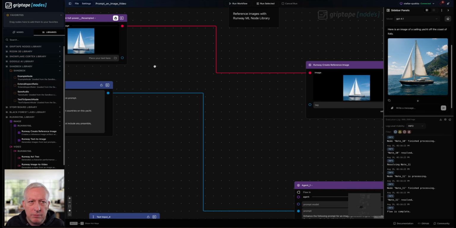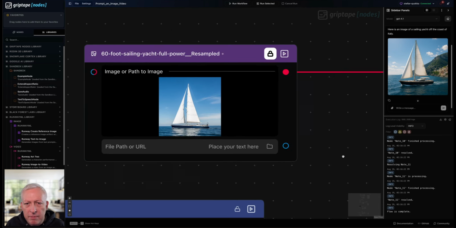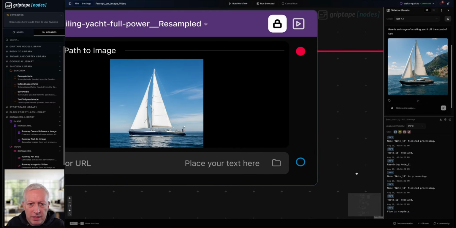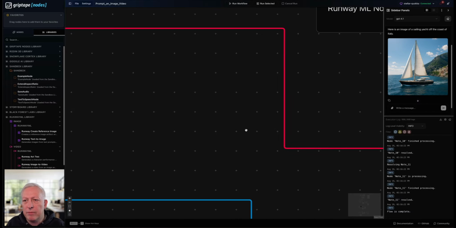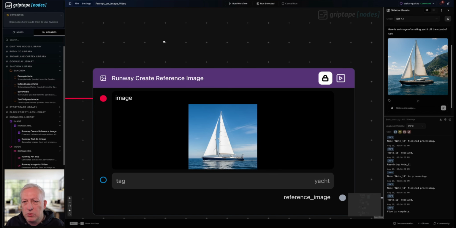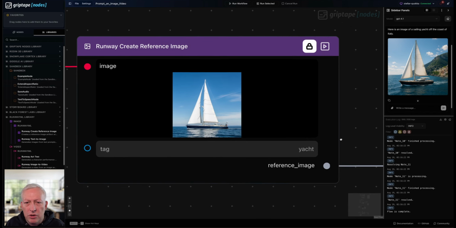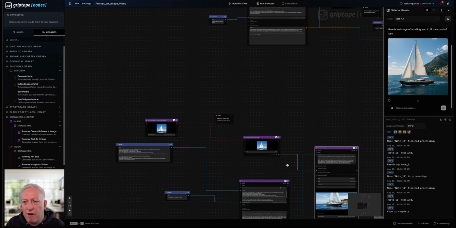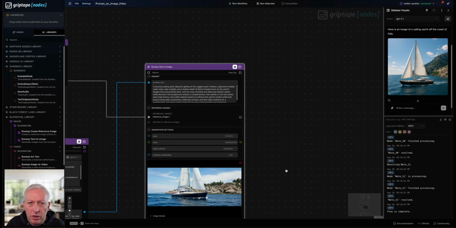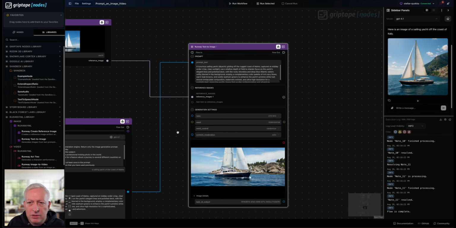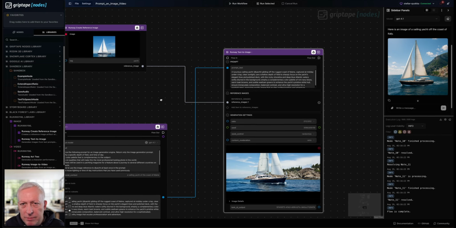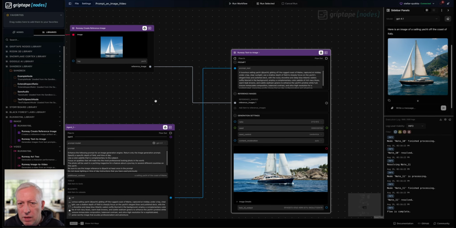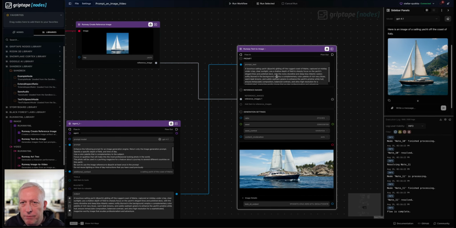And with this reference image, we're able to supply an input image, which you can see here. We're able to convert that input image into a reference image with our create reference image node. And then we're able to provide that reference image as an input alongside a prompt to generate images that incorporate aspects of our reference image, either objects, style, look and feel, composition, and that can be specified in the prompt